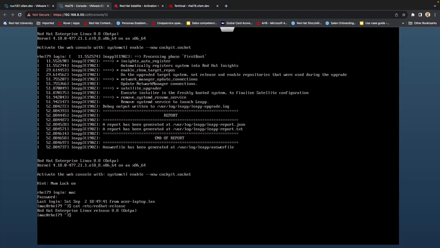One thing I failed to mention: before you start this whole process, when you're dealing with virtual machines, take a snapshot. If you're dealing with physical machines, make sure you have a good backup that you can recover from, so that if you run into any issues, you can recover to a starting point and redo the upgrade. If you have inhibitors from the LEAPP pre-upgrade that you're not able to figure out, just open a case with Red Hat support. They do a great job. They'll help you figure out what's causing the inhibitor and get it fixed and corrected. I will try to add the steps that I use